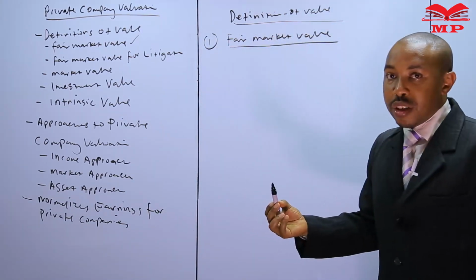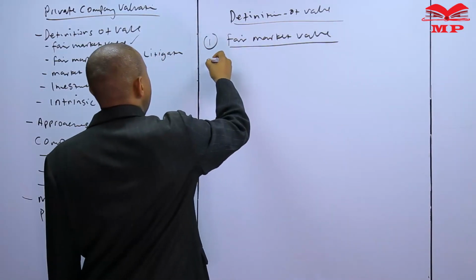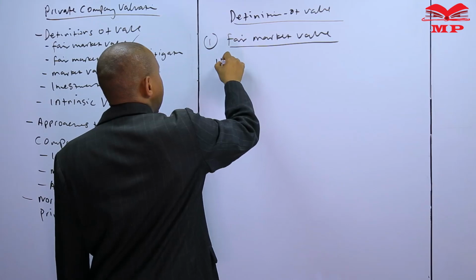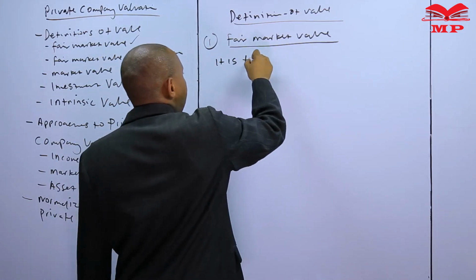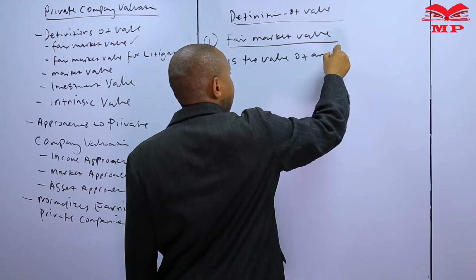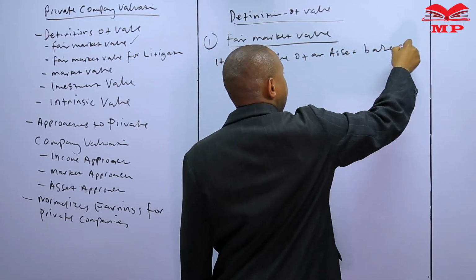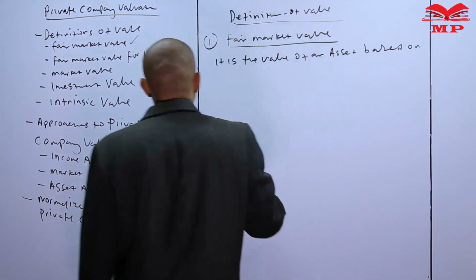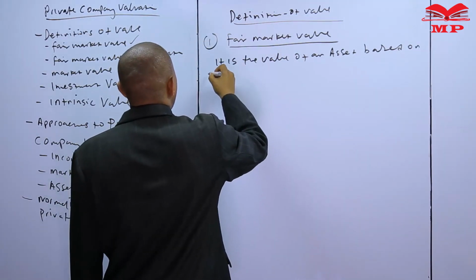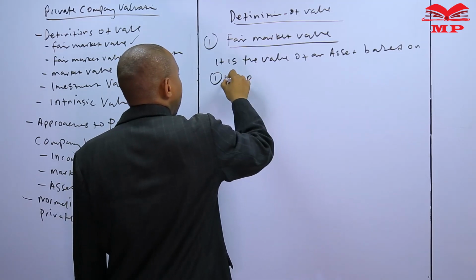We can put it like so and provide a brief description: it is the value of an asset based on, number one, a hypothetical